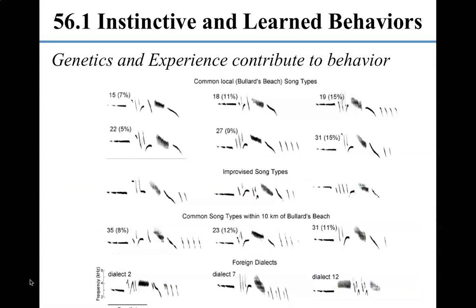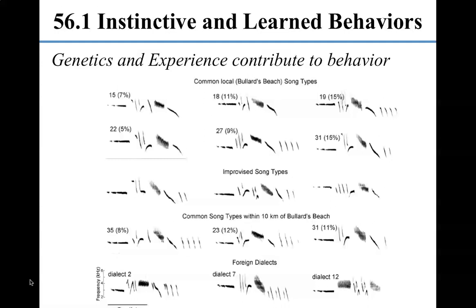Bird song is something that's been studied pretty extensively because it's really nice. With birds display behavior, they can sing songs. Not every bird of the same species sings a song exactly the same. They can all put their own little twist on it. There's different dialects for songs, and the songs are both genetic and learned. There's a genetic disposition to sing, and there's also a learned component, so they can learn how to sing from listening to other members of their species.